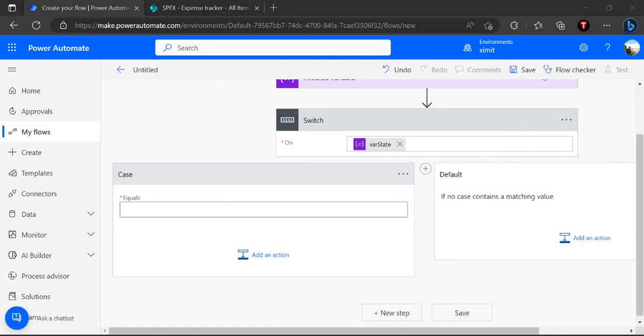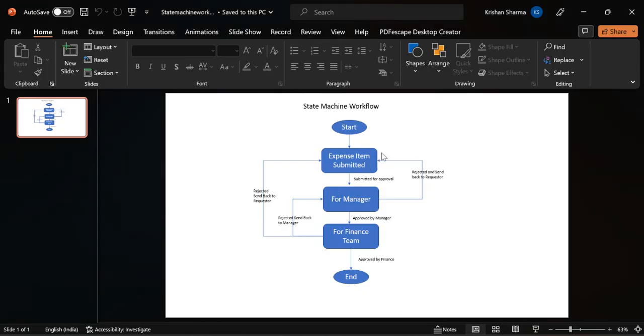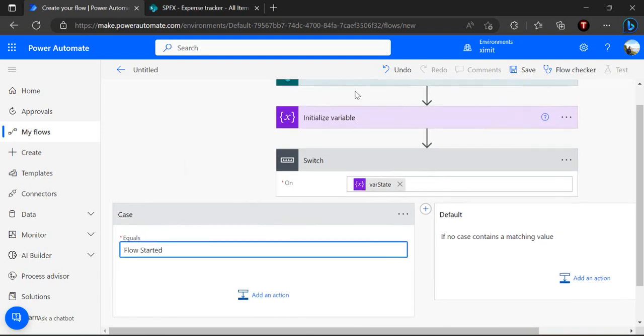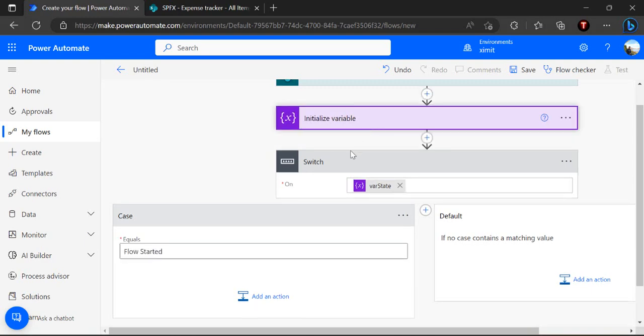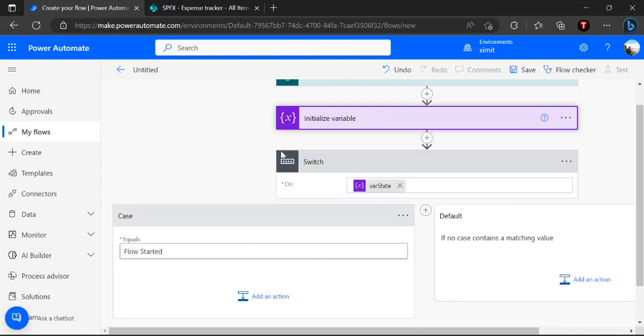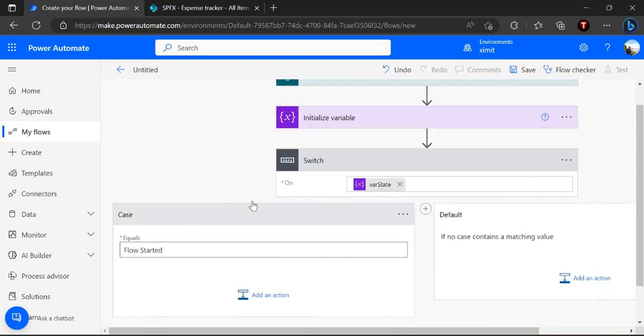Let me just open that PPT. So var state is, once the expense item is submitted, that's the starting point of my flow. So I'll have that as flow started. So that it can come into this state, I have to give the same text or string while initializing the var state variable so that it can go to this first state. So I'll rename that as state expense submitted,